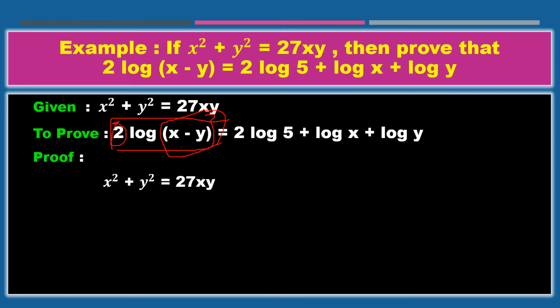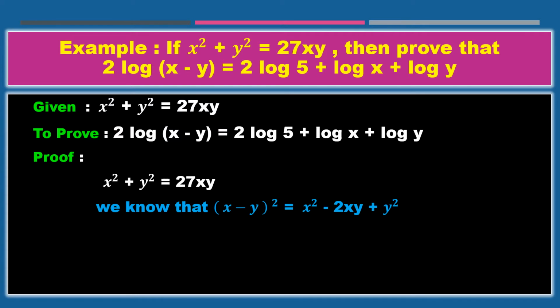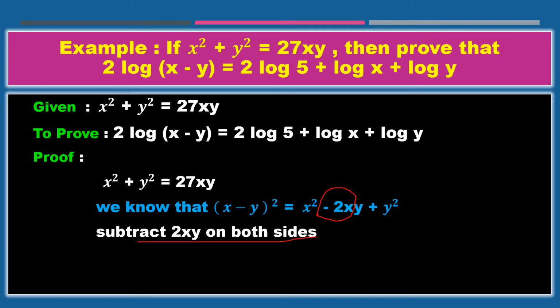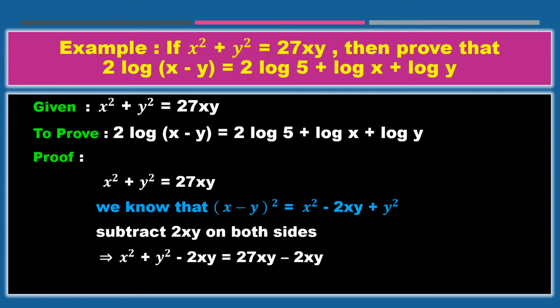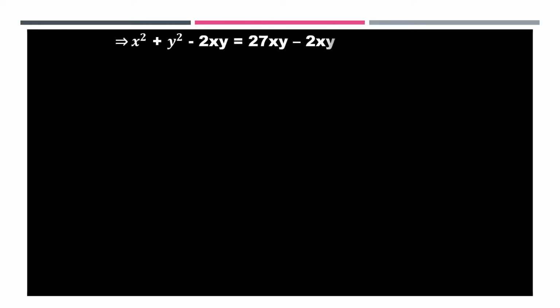So to get x minus y whole square, we have the formula x minus y whole square equal to x square minus 2xy plus y square. Okay, so here minus 2xy. So we don't have minus 2xy here. So to take minus 2xy on this side, we should take on this side also, right? So we will subtract 2xy on both sides. Minus 2xy on both sides or subtract 2xy on both sides is the same only. So I will do minus 2xy on both sides. So your next step will be like this.